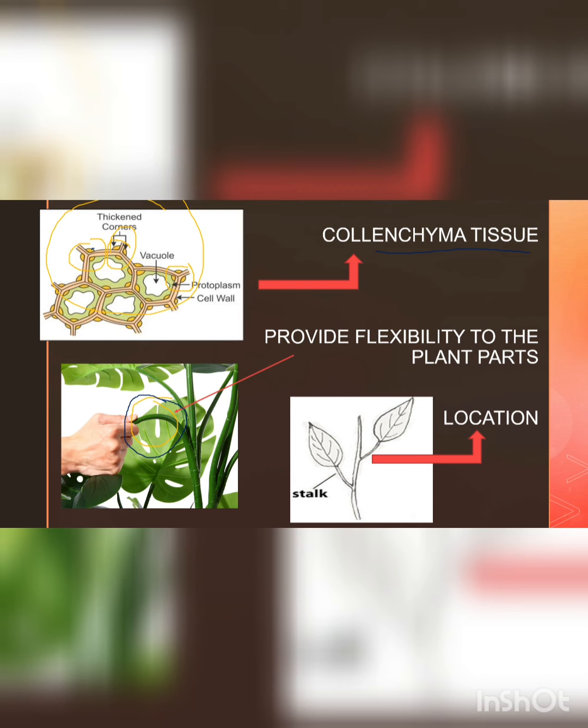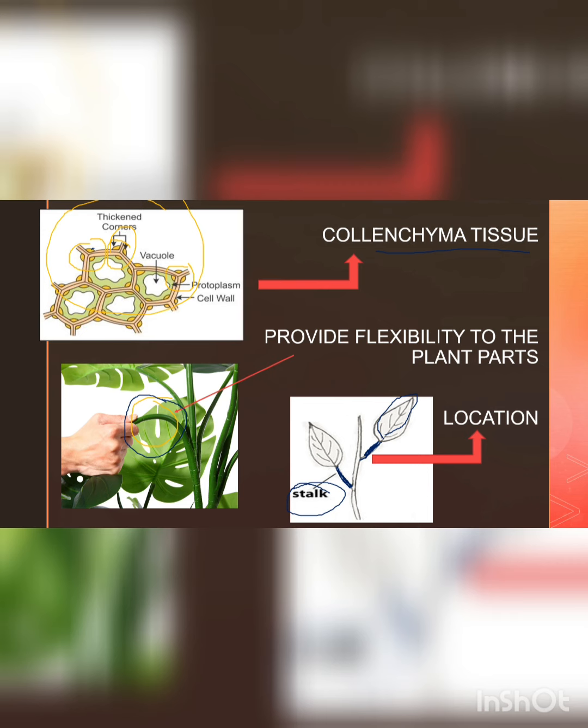So this is your leaf stalk, as I told you. This is the plant, and this is the leaf. Below this leaf, this structure which you can all see is the leaf stalk. Collenchyma tissues are densely present in this area. So whenever we pluck something, easy bending will be provided by the collenchyma tissues. I hope you all understood. Please see the diagram and try to collect everything in your brain.